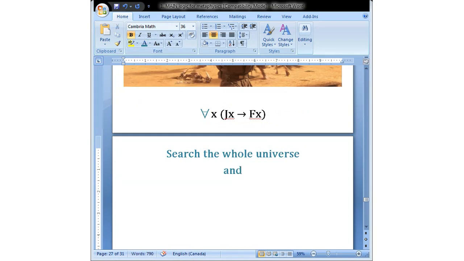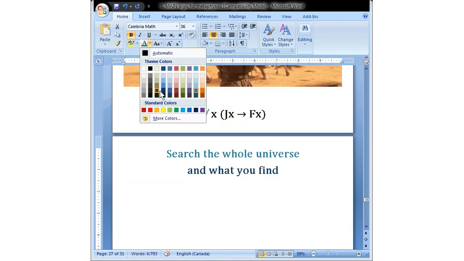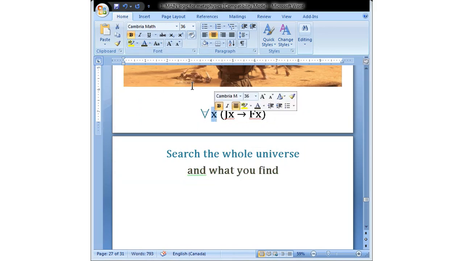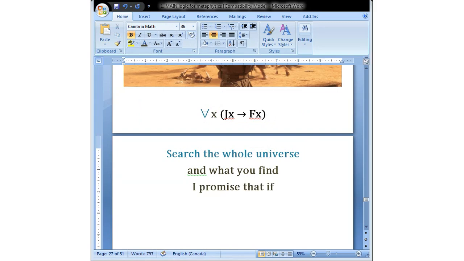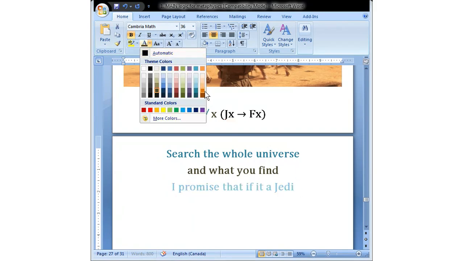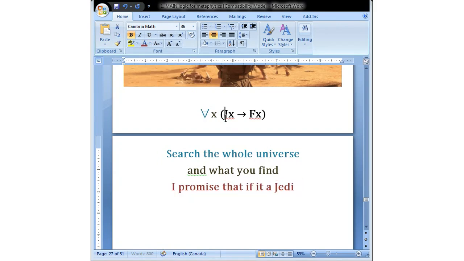And whatever you find, and this will be, let's say, no, let's pick another color. It's kind of weird brown. Whatever you find, I promise you that if it is a Jedi, how could we put this? Which color? If it is a Jedi, I'm going to put this color, right? If that thing you found is a Jedi,